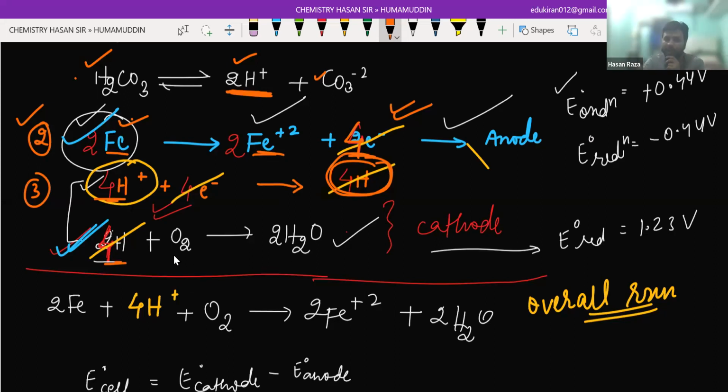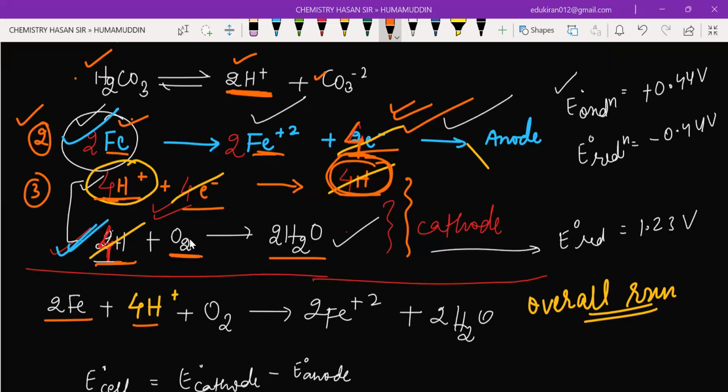Are you getting my point? And it becomes H2O. Yes, sir. And now you are going to add this anode and this cathode reaction. If you add this, you can see 2Fe and this 4H plus here, and the 4 electrons and 4 electrons will be cancelled, and this 4H and 4H will also be cancelled, and then comes O2 and then gives you